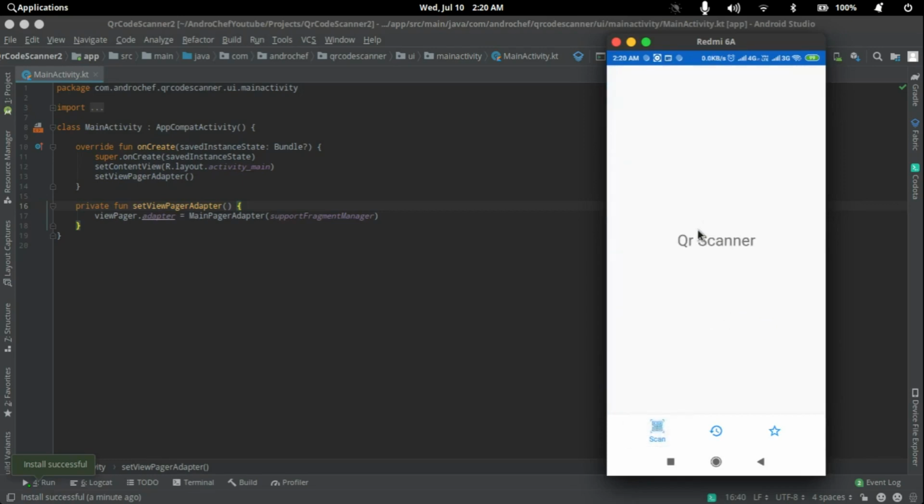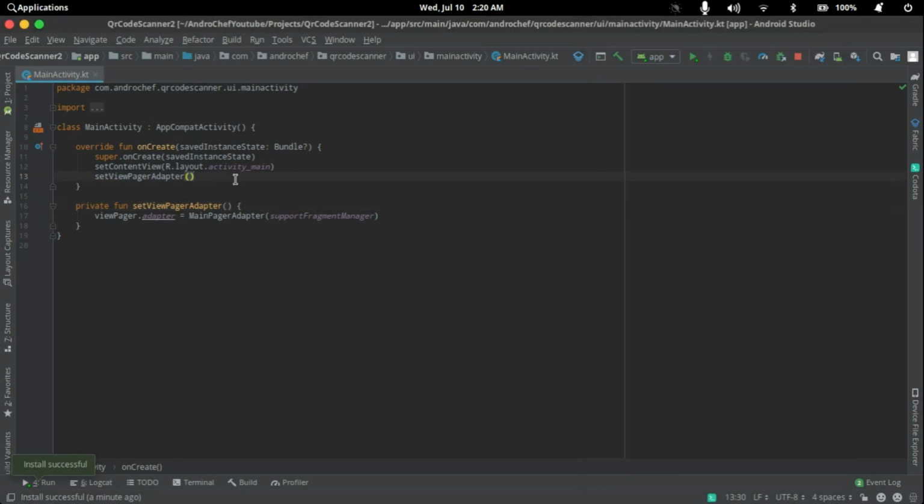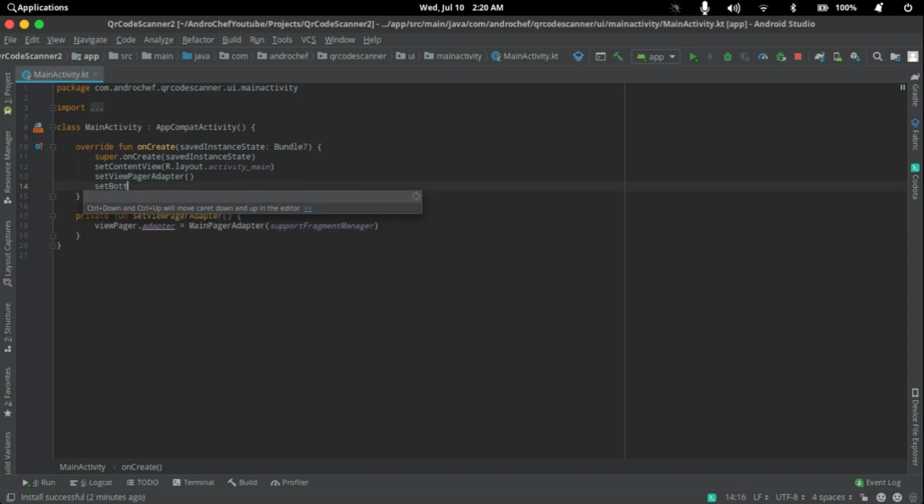So when we click on recent or favorite, it is not navigating because we have not connected this Viewpager to this bottom navigation. So we will connect it. So now what we will do, first we will make a function setBottomNavigation, and in this function